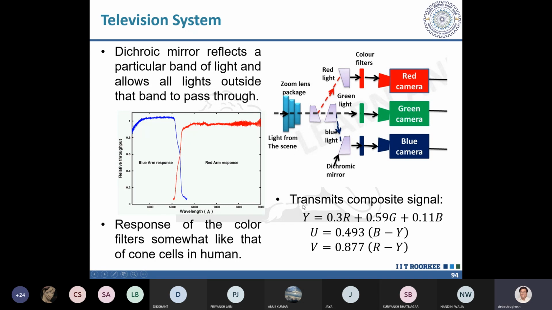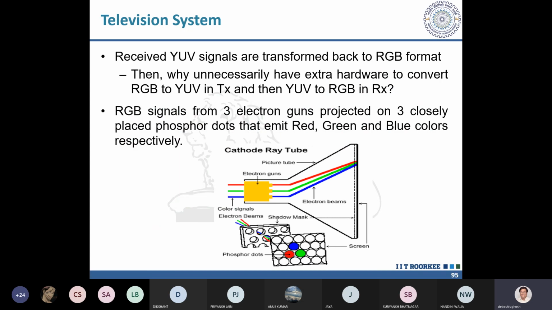This is the U. So these 3 signals, instead of RGB, we transmit YUV. Again, it is our pulse system. In our pulse system, we transmit YUV. Now you can see that there is a relation that at the receiver, if I receive YUV, then I can always get back my RGB from here. So basically that is what is transmitted, YUV transmitted, and then at the receiver, I get back my RGB signal from the YUV.